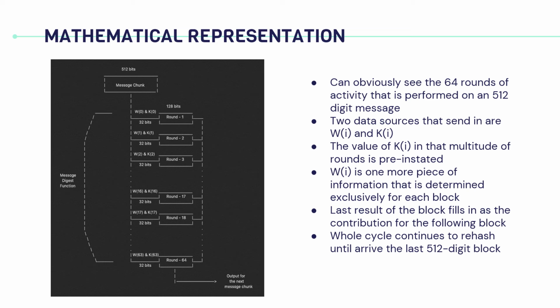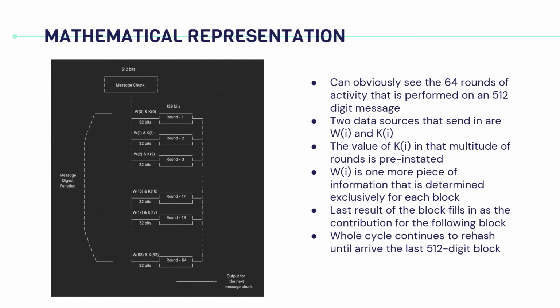We can see that two data sources that we send in are W and K. For the initial 16 rounds, we further separate the 512-bit message into 16 sections, every one of 32 bits. After that, we really want to compute the value for W at each step, while the value of K in that multitude of rounds is